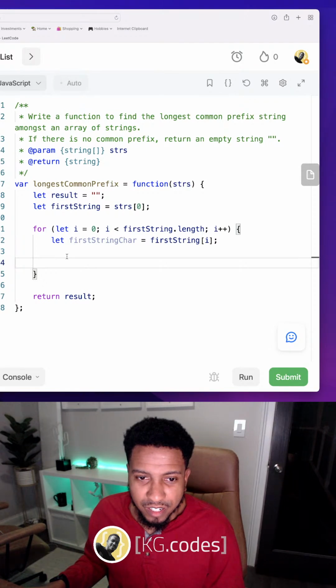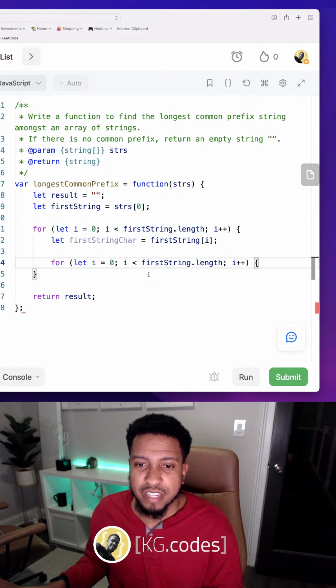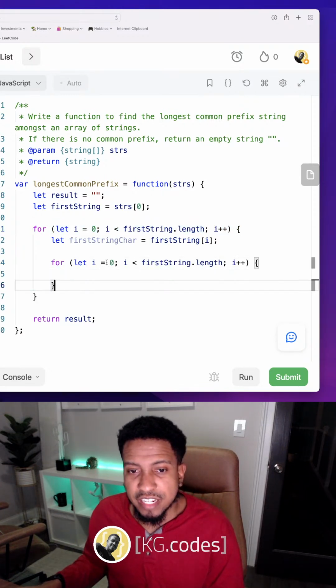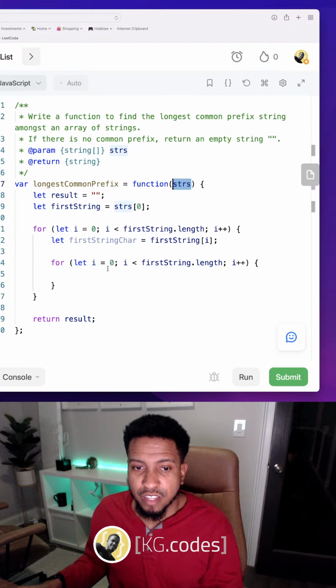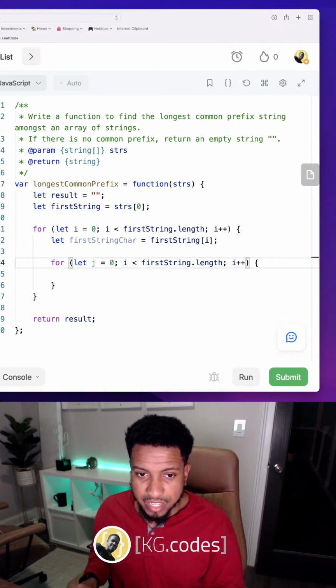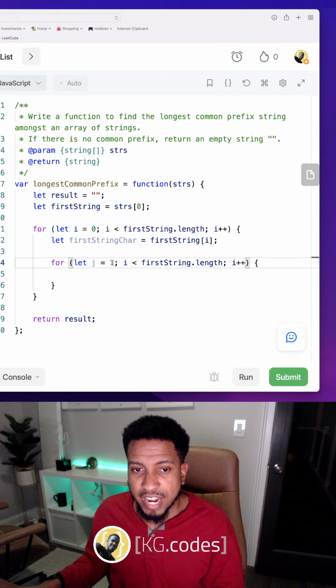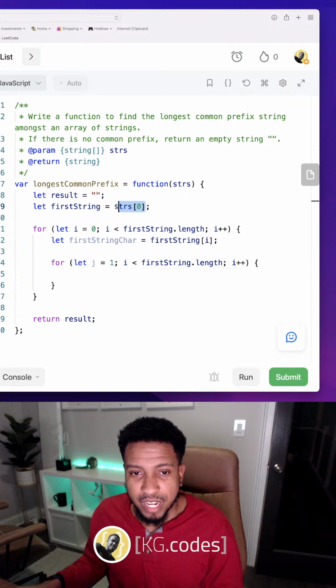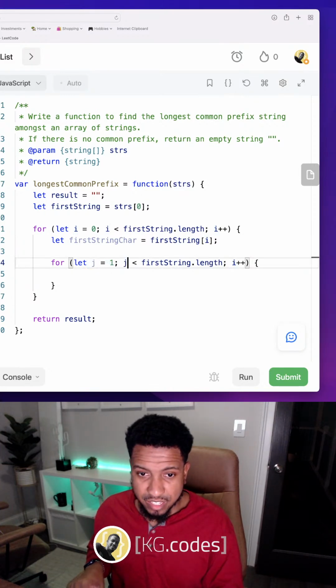So I got the first character out, and what I can do is take that first character and compare it against the rest of the characters in this string array. I'm just copying the loop, but I need to change my iterator. I'm going to make it J. And remember, I don't need to look at the first character, I just need to look at the second one and beyond. So I can make this start at 1 instead of 0, because I already pulled out 0 up here. I only need to look at the second one going forward, because remember, my first one I'm looping through. So then I can say where J is less than